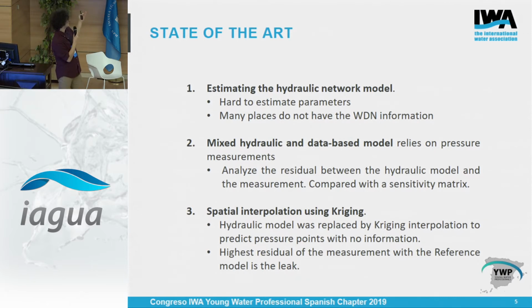colleagues of ours started using a spatial interpolation technique called kriging, which helps when we do not have sensors in nodes, as I said. So imagine these chairs are nodes. We have a sensor here, a sensor here. We do not have sensors on those chairs over there. Using kriging, we can estimate what the pressure would be, or what the sensors would give us, from those nodes over there. They use this in a reference model to calculate the residual, and the one that had the highest residual would be the one that was said to be the leak. We based our work upon this,